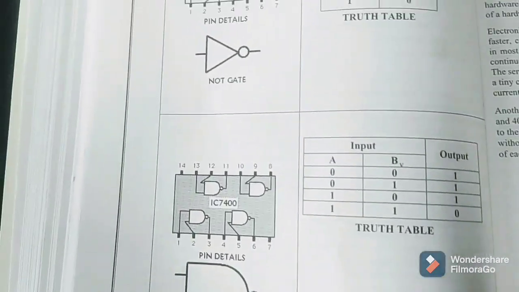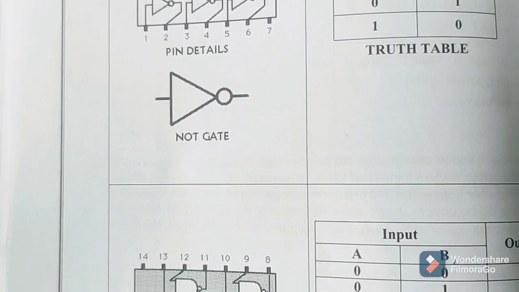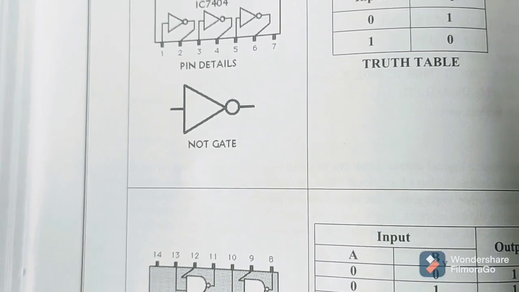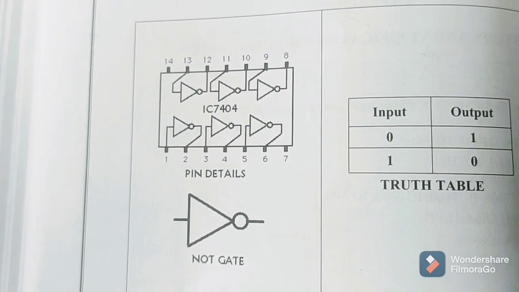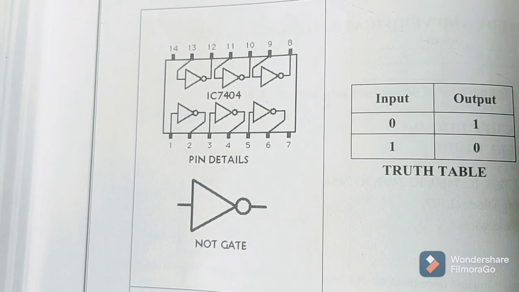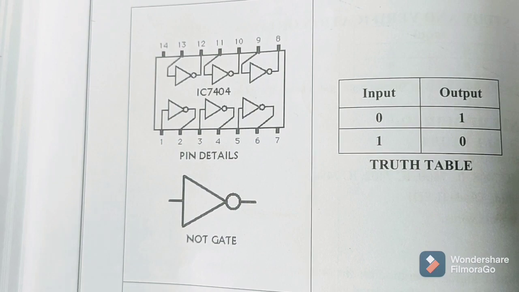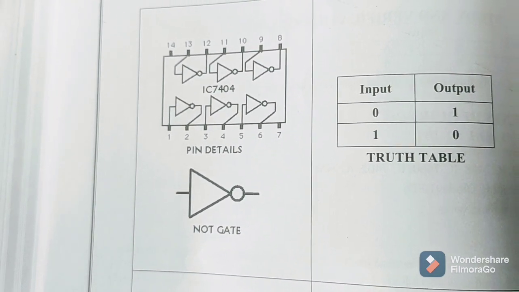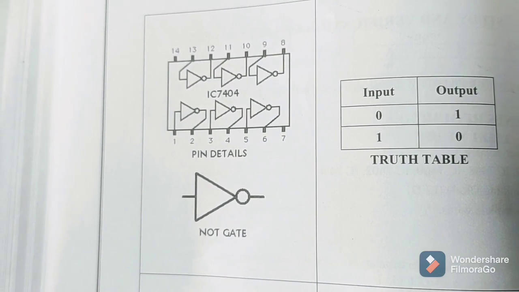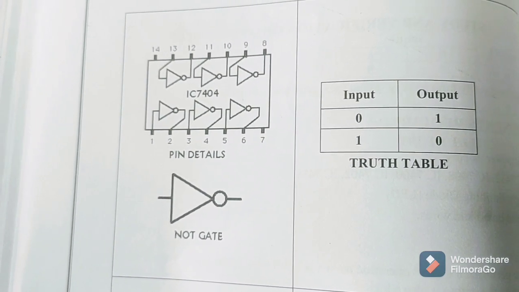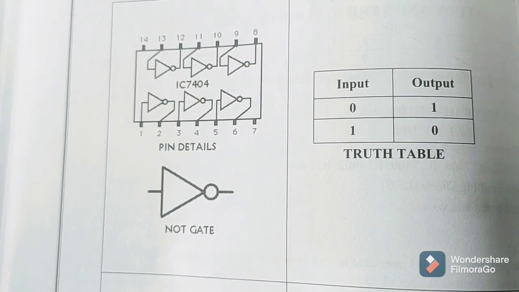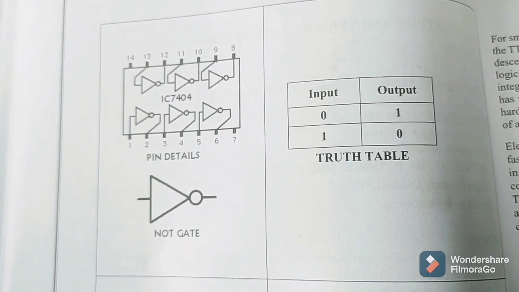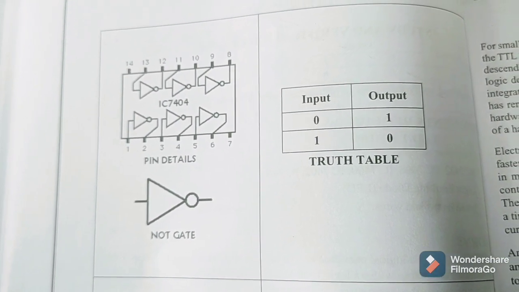Whereas we have a special gate, which is the NOT gate, where we have only 1 terminal as an input and 1 terminal as an output. The same logic gate is there in the IC 7404. If we have 2 terminals for the source and the ground, we have the remaining 12. So it has only 2 terminals per gate. 12 divided by 2 gives you 6 logic gates, which are present inside IC 7404. So this is the way you need to connect and verify.